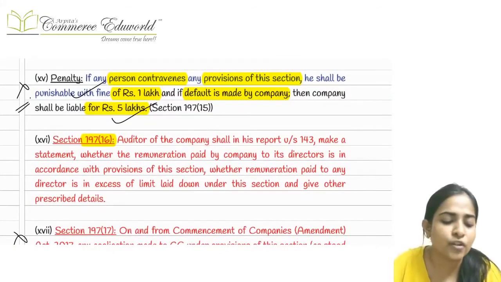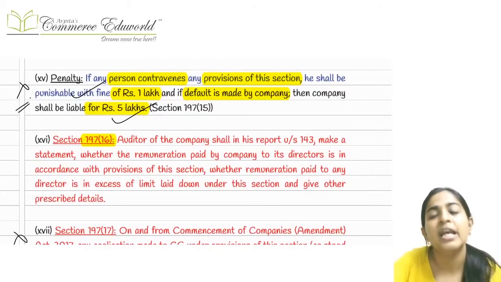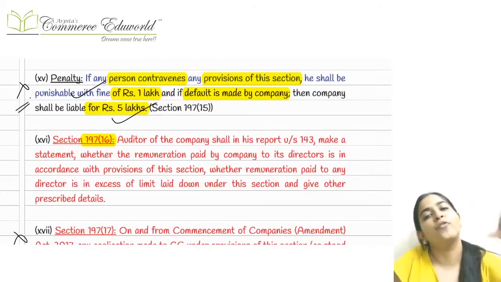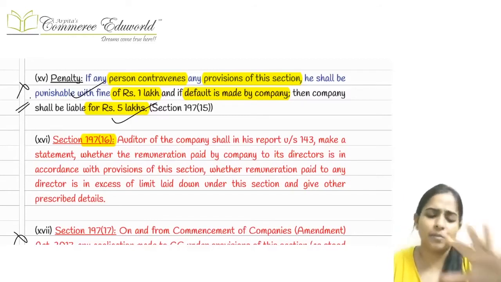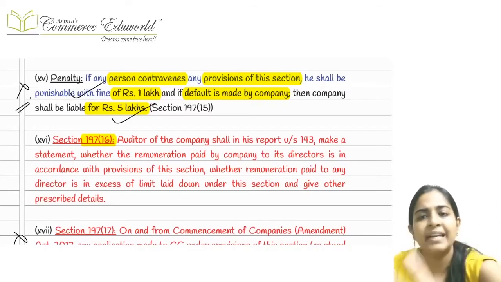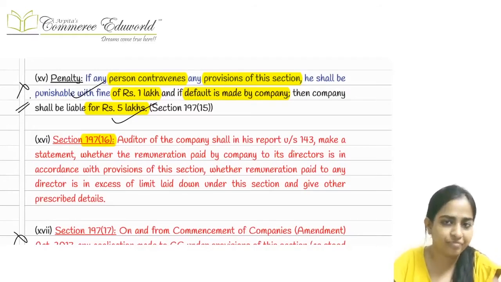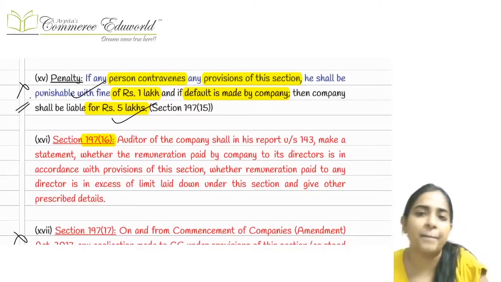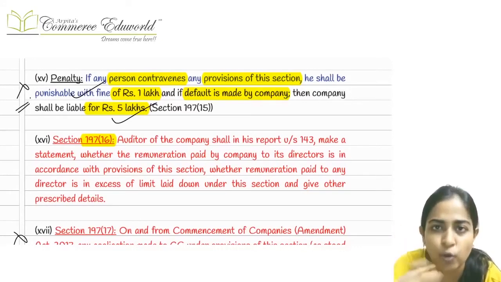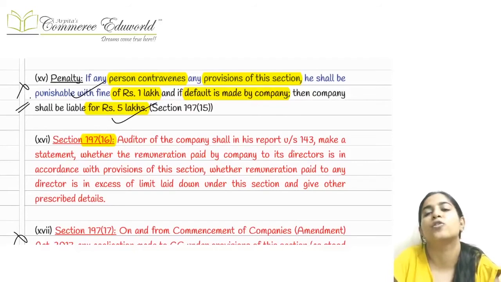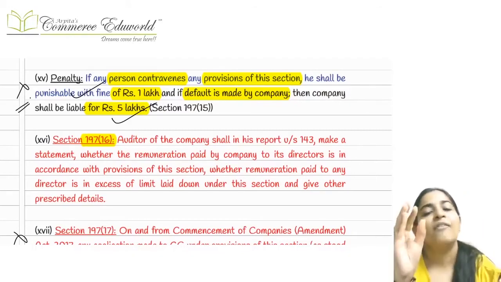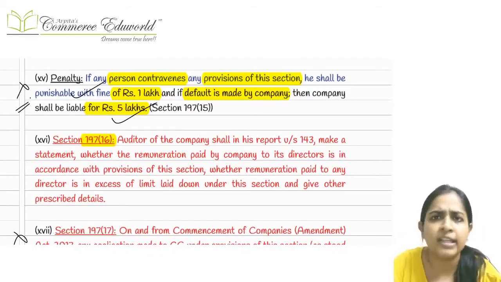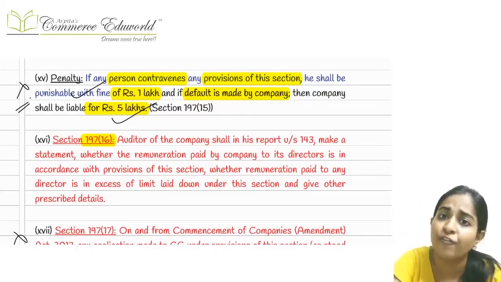If the provisions of this entire section, if any of the provisions of section number 197 is contravened, then in that case, punishment will be applicable on the company and on that particular person. Auditor of the company has to make the disclosures in his audit report that whatever remuneration was paid by the company was within the limits,